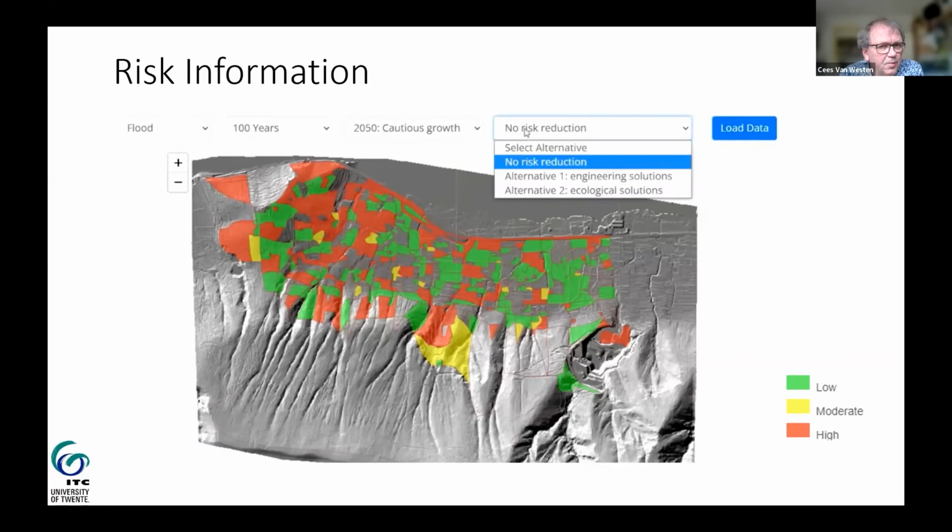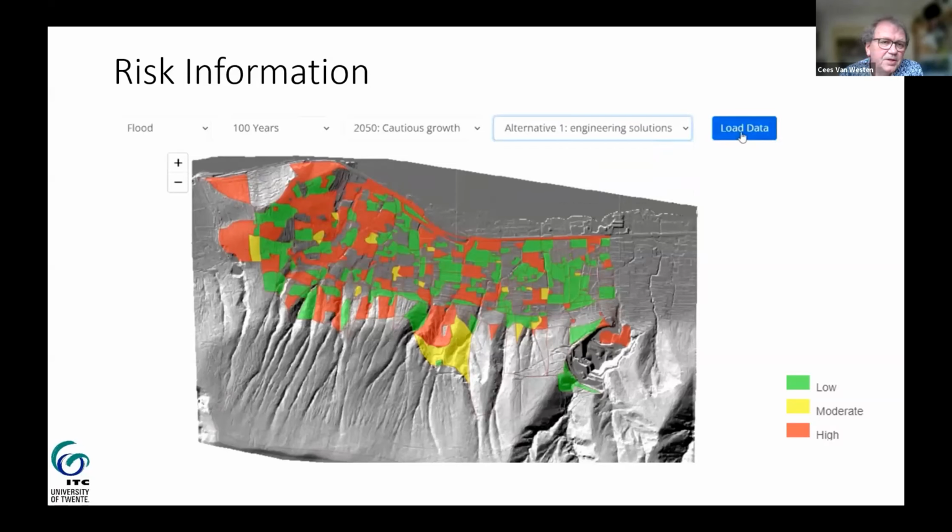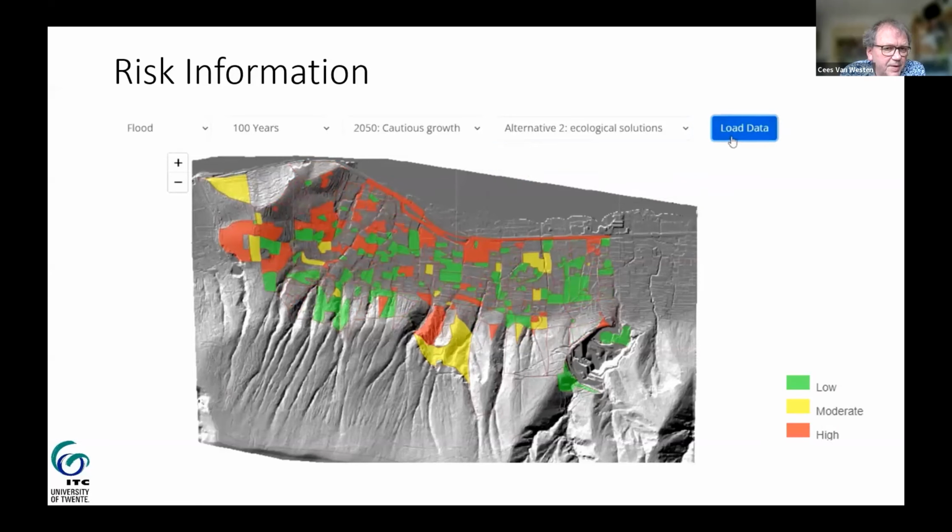Then we could also compare the alternatives, how they behave under different future scenarios. So in a nutshell, this is a tool that allows to evaluate how risk changes over time for multi-hazard risks.